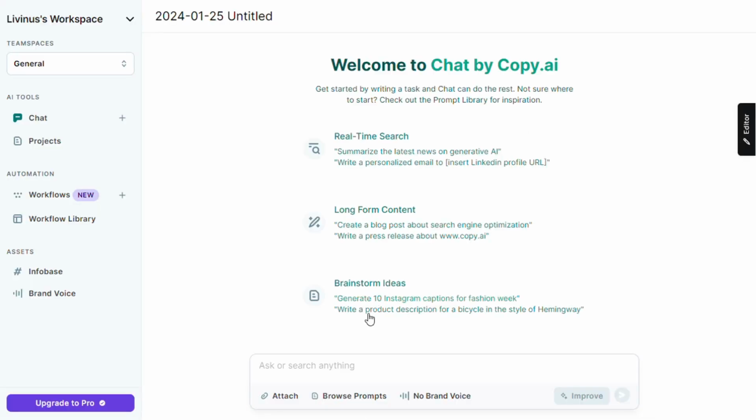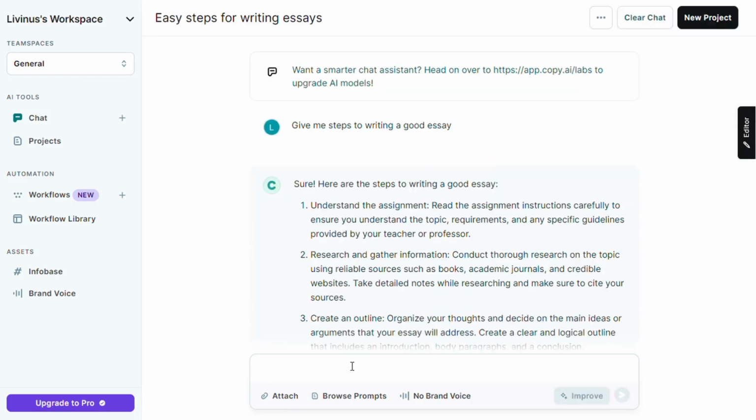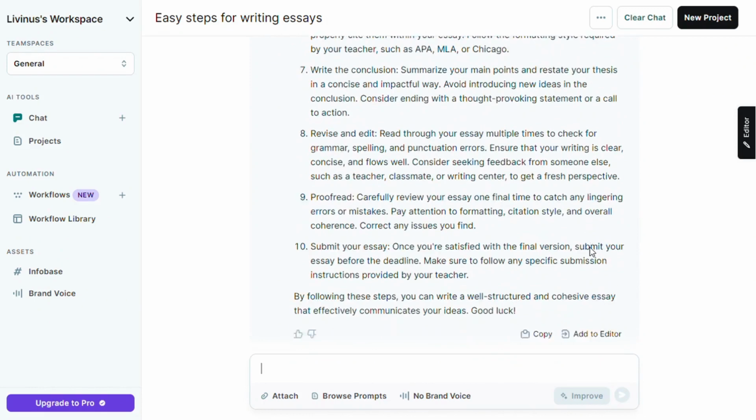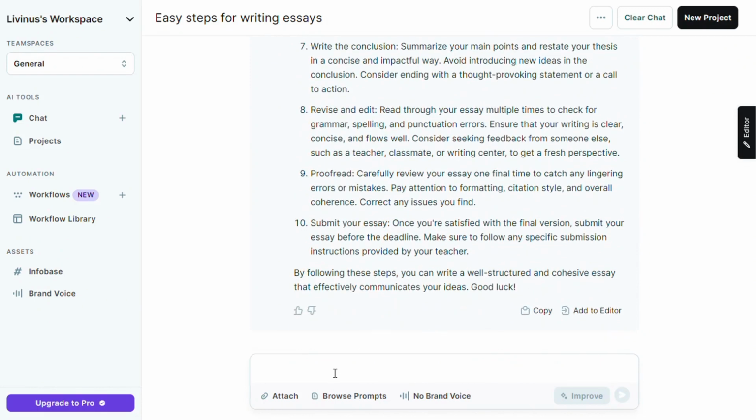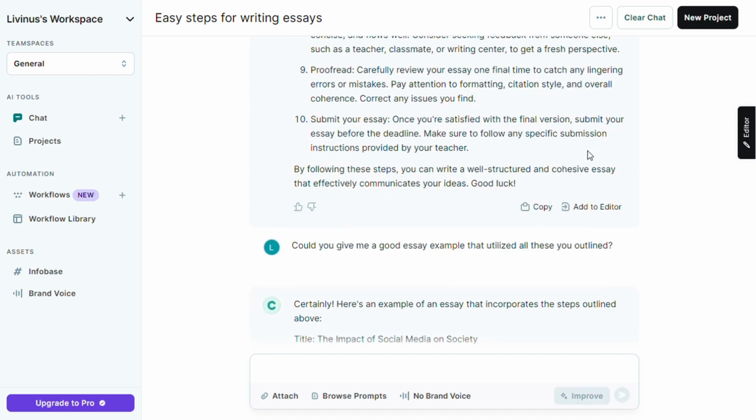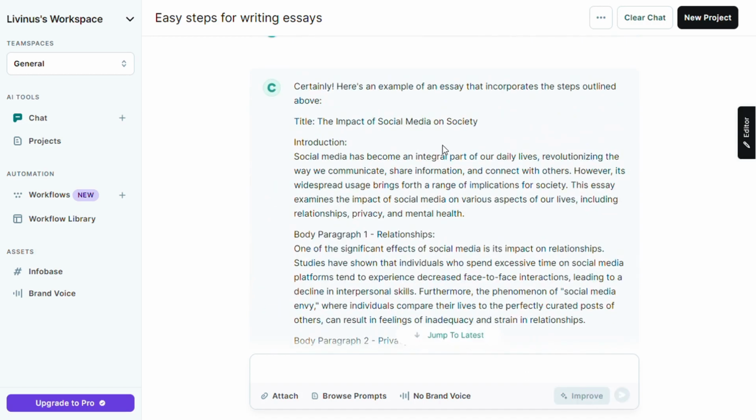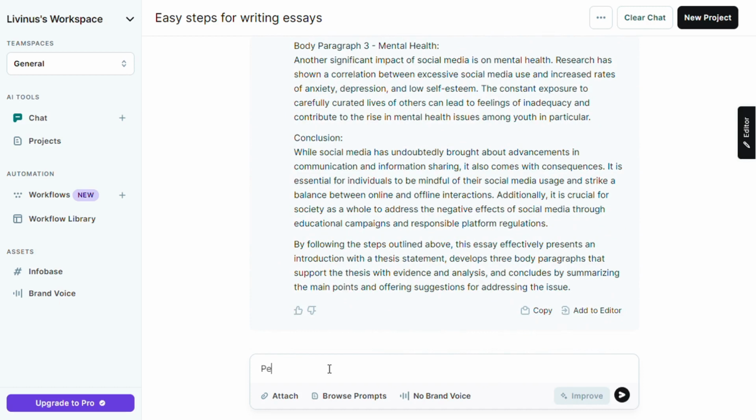What makes CopyAI stand out is its long-form content generator. It can help you write high-quality content for your academic papers. Whether it's a literature review, a leave application, an essay, or an internship report, you can get high-quality and to-the-point content. You can see, it's helping on how to go about my essay. Here, I also told it to give me an essay example, and it just did. It's also best at giving a headline to your articles in case you don't have the perfect headline to give